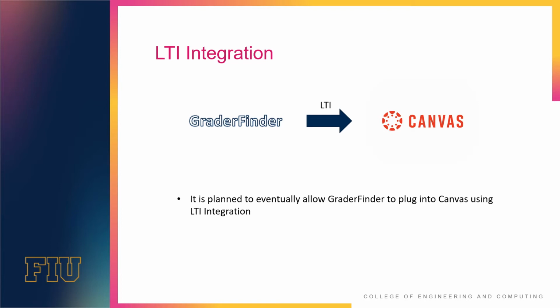The first issue that we ran into was the fact that Canvas uses a newer version of the LTI Ruby gem than most online resources use, and both these versions are different in their functionality. Since GraderFinder is based on Canvas, it is also dependent on the newer version of this gem. At first, we were able to downgrade the gem without much problem and begin work on the implementation of this